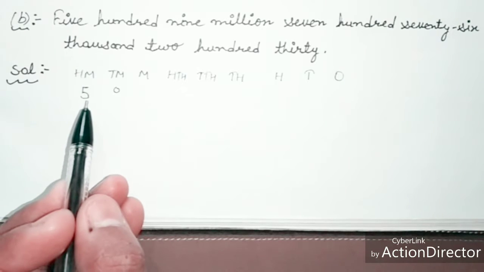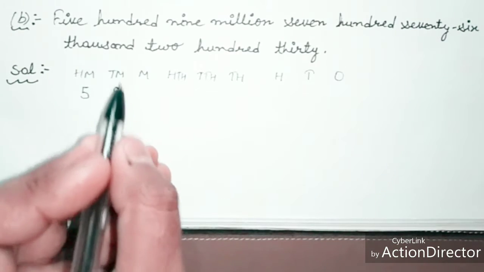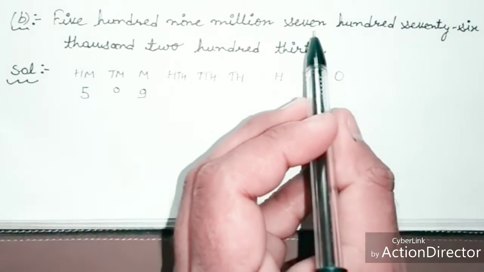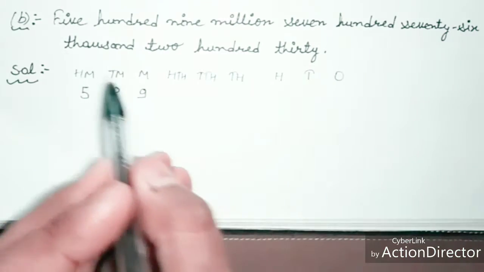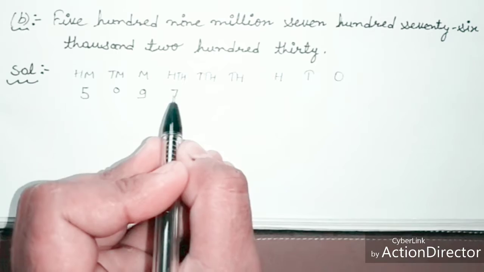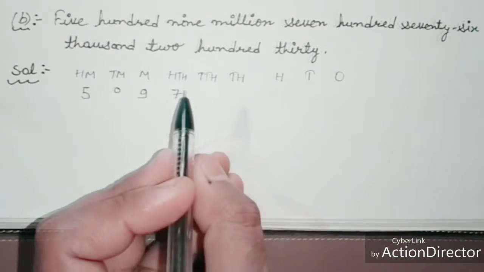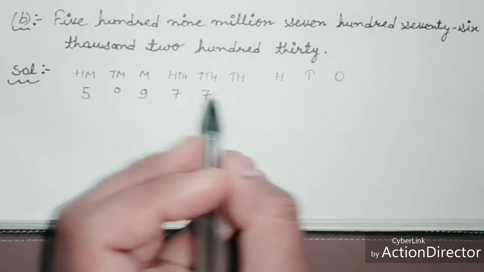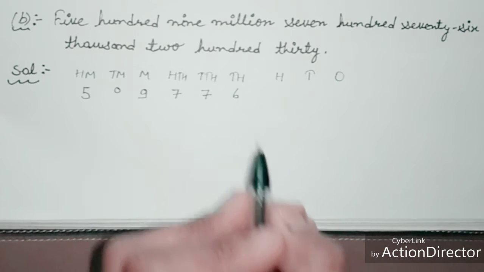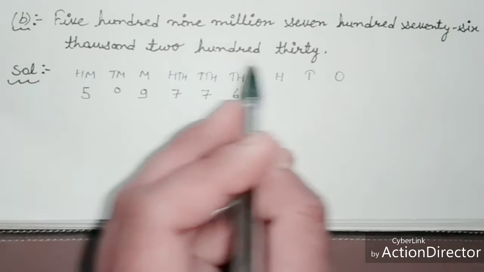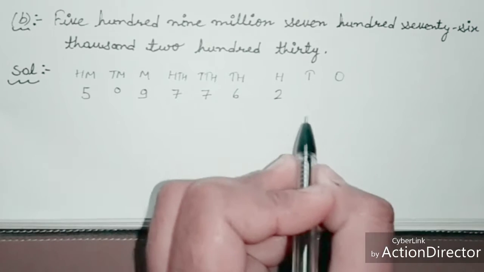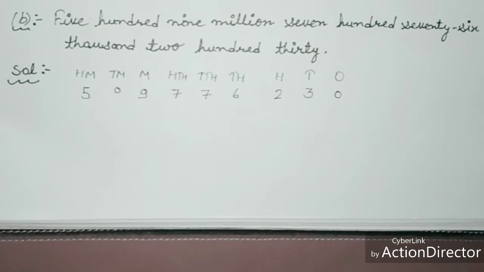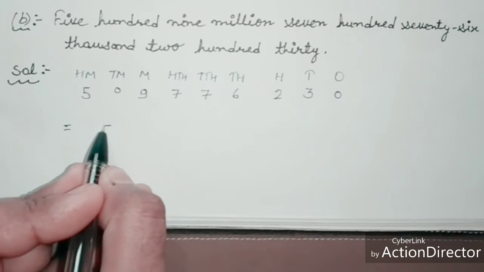We write 5 in 100 million place and 0 in 10 million place and 9 in million place. Now we write 776,000. We write 7 in 100,000 place and 7 in 10,000 place and 6 in 1000 place. Now we write 230. We write 2 in 100 place and 3 in tens place, and we fill ones place with zeros. So we write this number